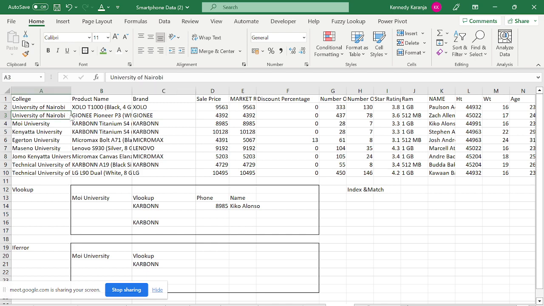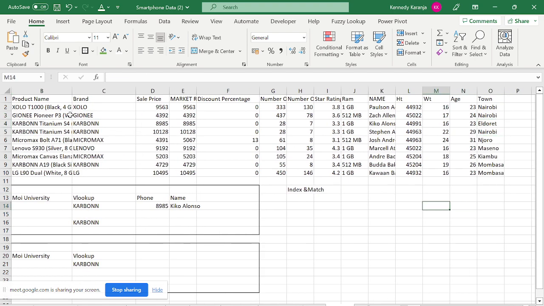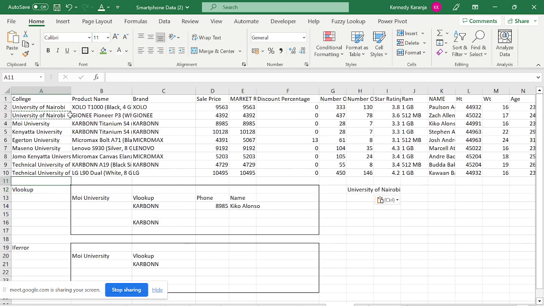Okay, so remember in the VLOOKUP, we couldn't do that. I want a person from a certain university, which is that university that I've specified, but now I want their name. So I'll use the index and